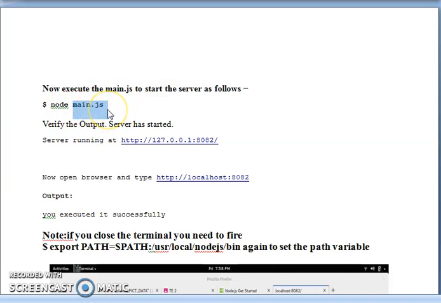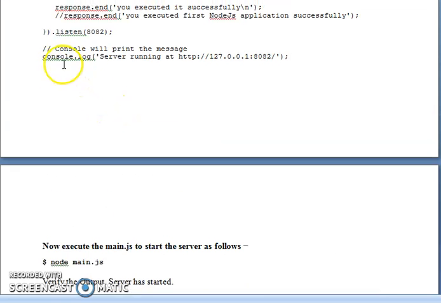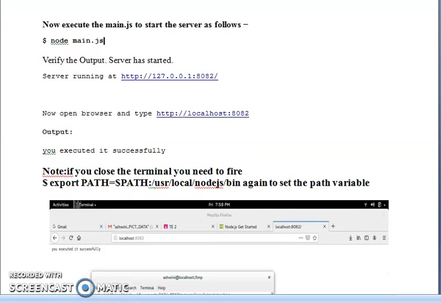So node main.js will execute your server program, and if you have written something with console.log in your program, it will print it on the terminal itself.